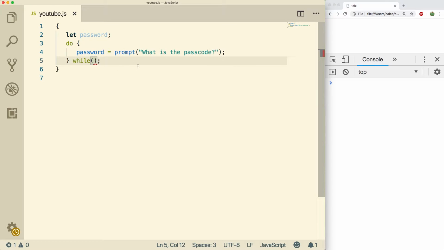Now, while determines how often or when we're going to do this. So what decides if we want to do this again? Well, if they guess the password wrong, then we want to ask them again. So we need to do a comparison. As long as the password they guessed is not equal to, and here's where we're hard coding that password,